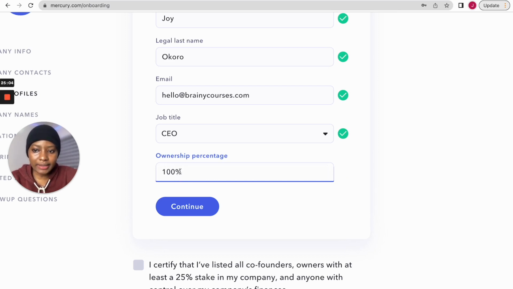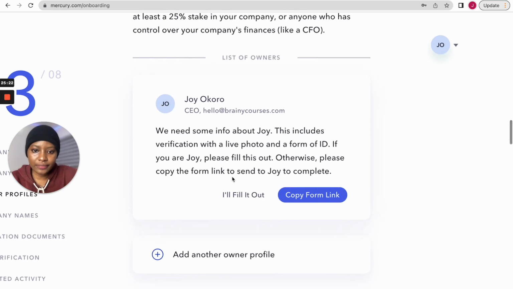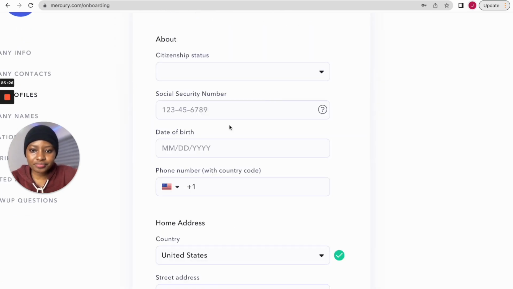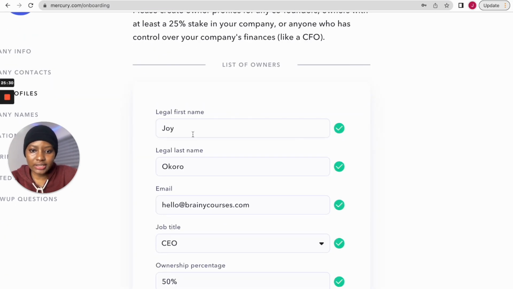But if I am not the only owner, let's say 50%, depending on the percentage you share it, all right, and then you're going to see add another owner profile. So when you click on that, you can now add the second person, and like that you can add the third person, the fourth person. All right, so I'll click here and edit this